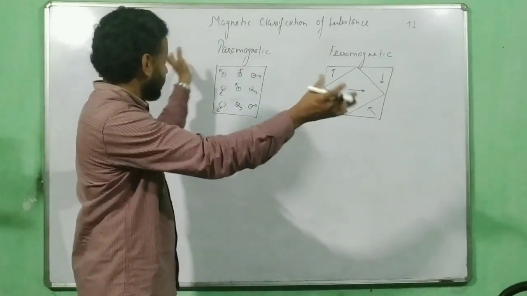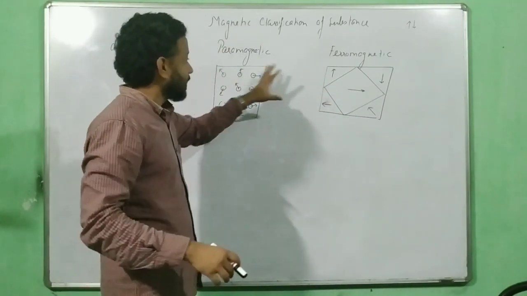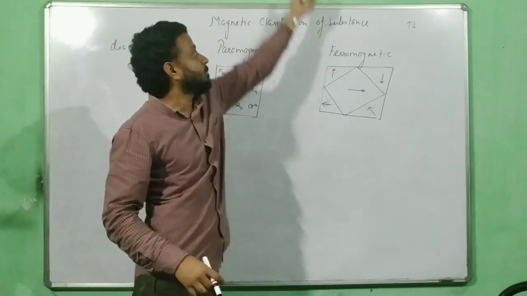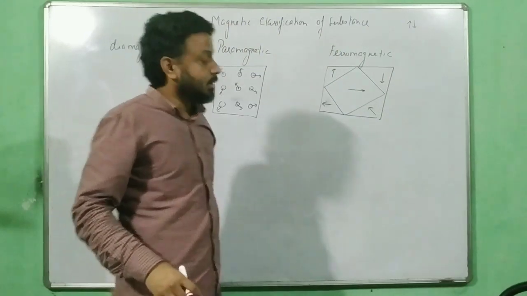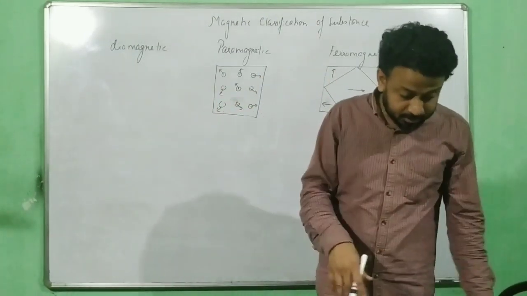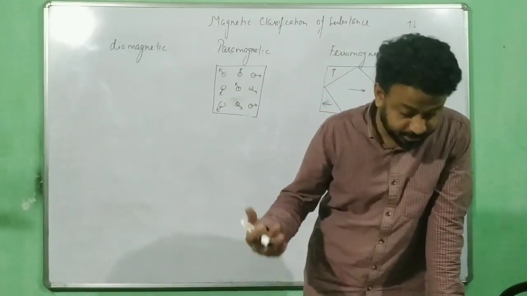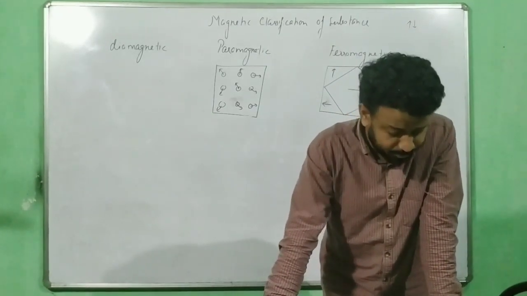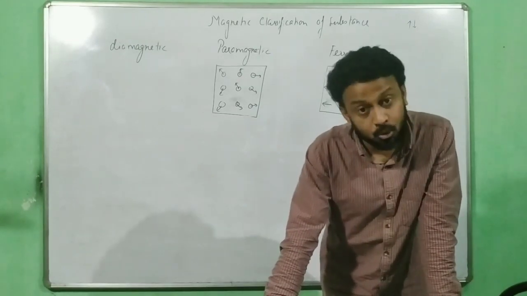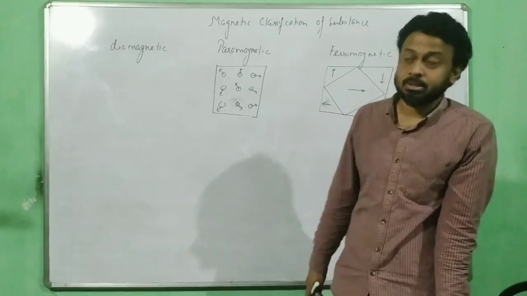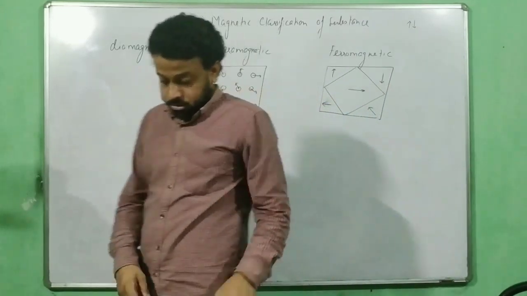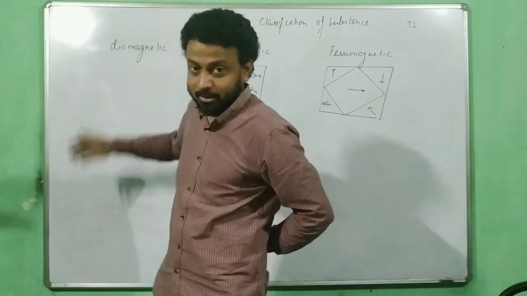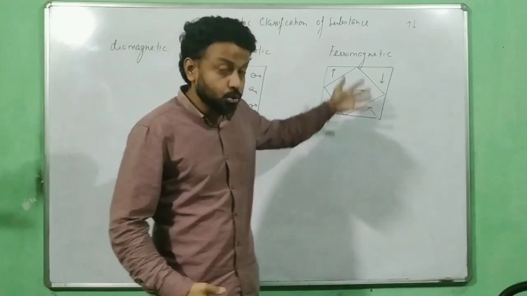Here they are scattered. Each atom has a scattered magnetic moment, but here, if there are 10 atoms in this domain, all those 10 atoms will have a magnetic moment in this direction. This is how they are present in ferromagnetic substances. The most appreciated ferromagnetic substance is magnetite, a compound Fe3O4. But you have iron, nickel and cobalt also as ferromagnetic substances. Now we have understood the magnetic moment. Diamagnetic atoms don't have any magnetic moment, in paramagnetic each atom has a magnetic moment, and in ferromagnetic each domain has a magnetic moment.